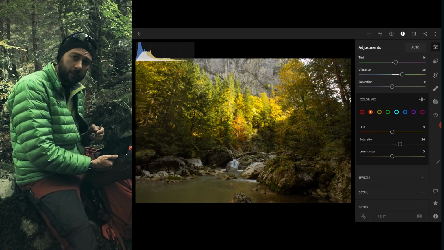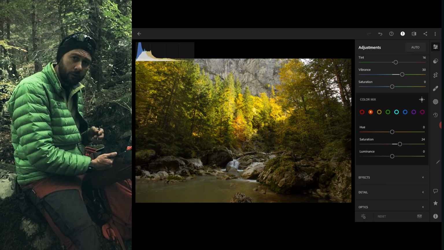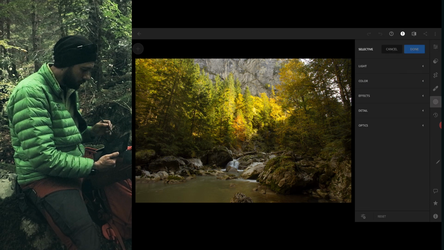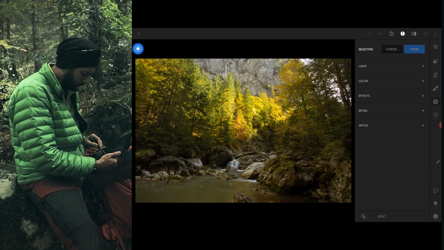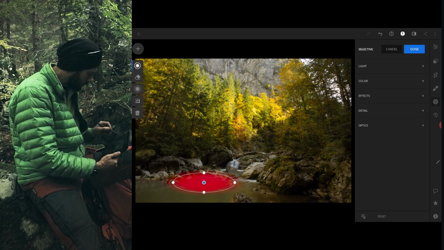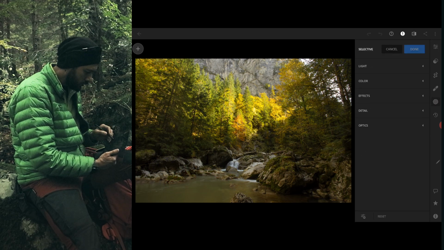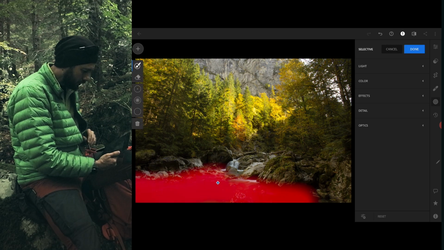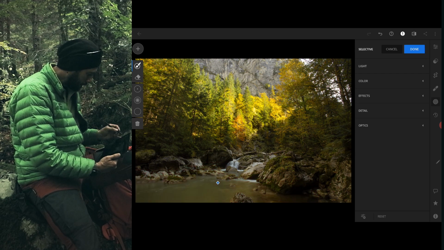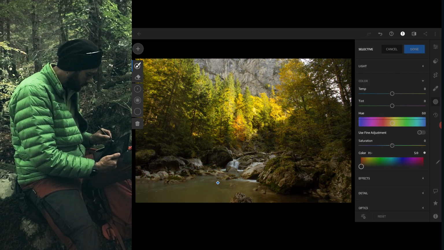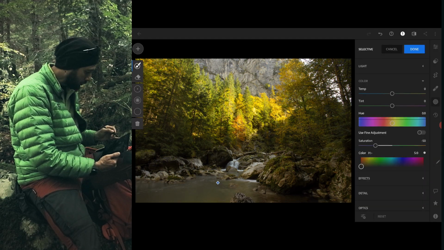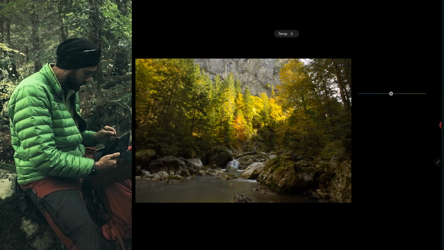The thing that I don't like in this photo is that the water reflects the green and the yellow. So I'm going to use a brush. So I'm just painting over the water, and in the color I'm going to go with desaturating a little bit the entire surface of the water, and then shift it a little bit towards blue, just a tiny bit,